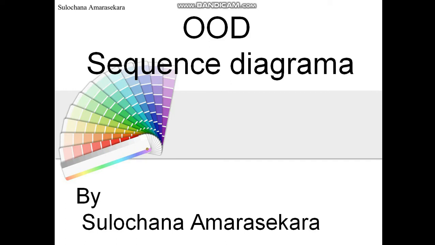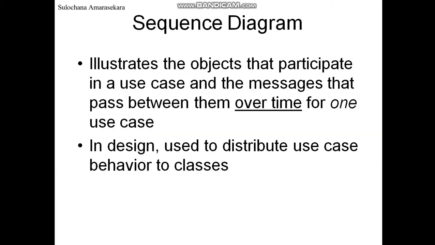Today I am going to introduce the sequence diagram under object-oriented design. A sequence diagram is used to represent the message passing with time between the system components and users. To construct a sequence diagram, first we select a use case from the use case diagram. After that, we represent the message passing sequence with time which is needed to complete the task given in the use case.